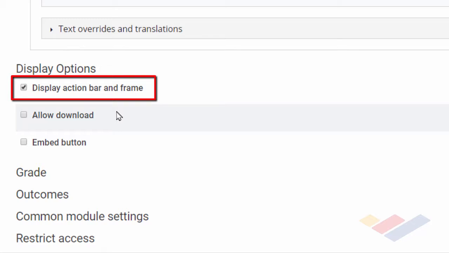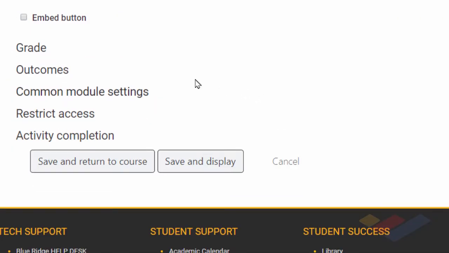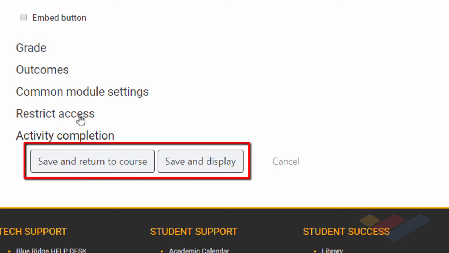I would keep display action bar and frame visible. And then the balance of these are Moodle functions that are covered if you deal with Moodle at all anyways. But understand that this is going to keep track of what they're doing in these videos and will inform the Moodle grading process. And I will end this first video clip on H5P with this comment,